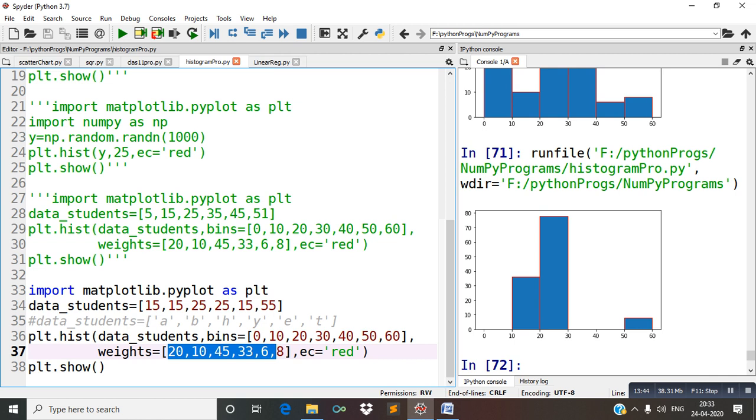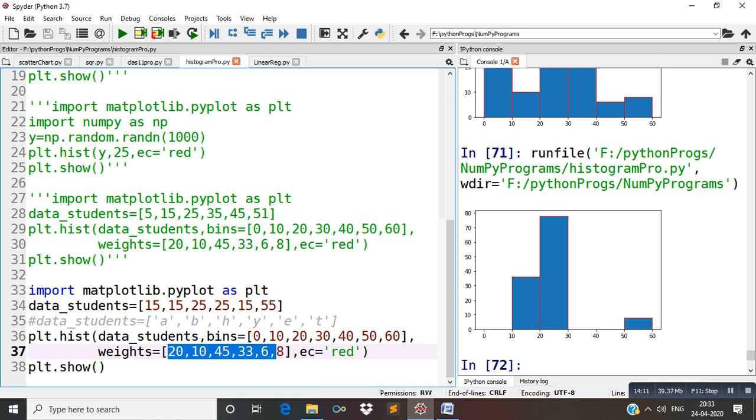So 15 is the value between 10 to 20. So between 10 to 20, on the bar graph, in the weight column on the vertical y-axis you can find it is around 36. So this bar represents the sum of all the weights of students.